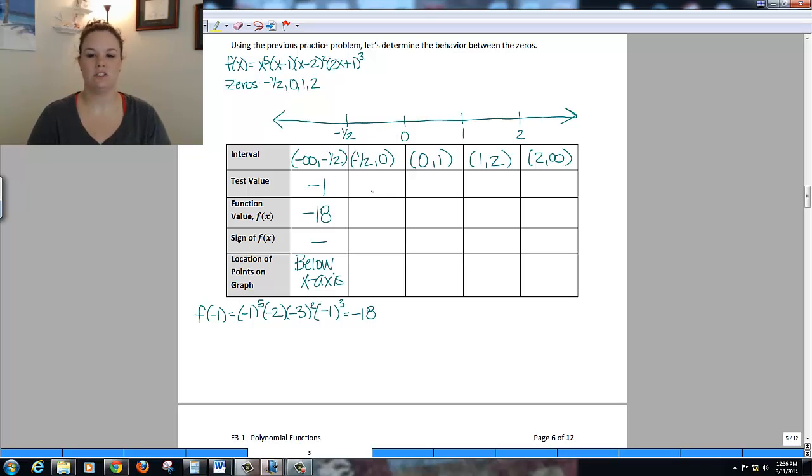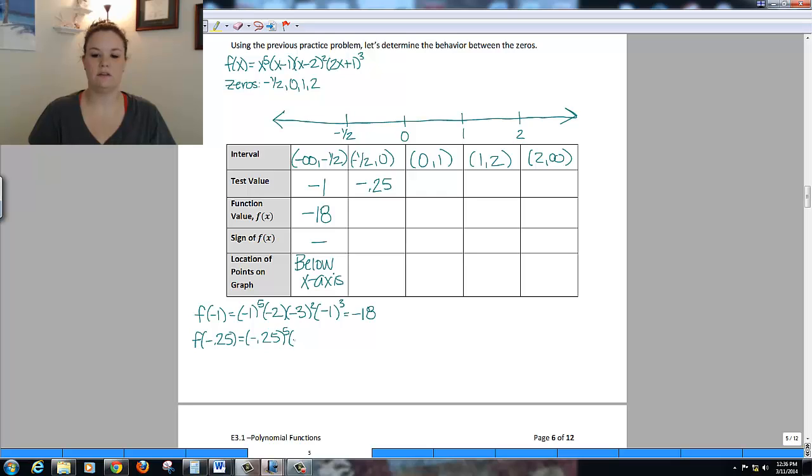But to plug it in, just because we don't actually care what we're doing with these values, we just want to know if it's positive or negative, I'm going to use it in decimal form. So -0.25 is the same as -1/4, right? So I'm going to go ahead and do f of -0.25. When I plug it into my function, which I have written up here at the top, I get -0.25